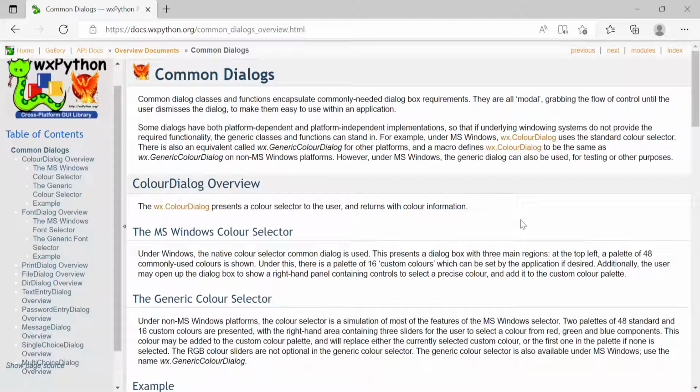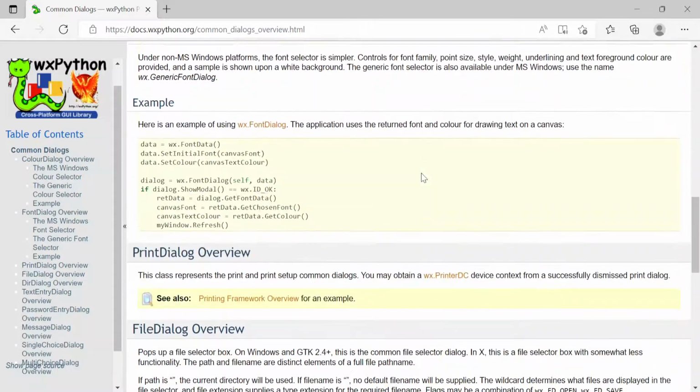Next, I'm going to show you the wxPython dialogs. The dialogs, basically, are the pop-up windows that you use when you want to communicate something to the user, or you want to get some input information from the user. If you go there in the document, you can see some of the